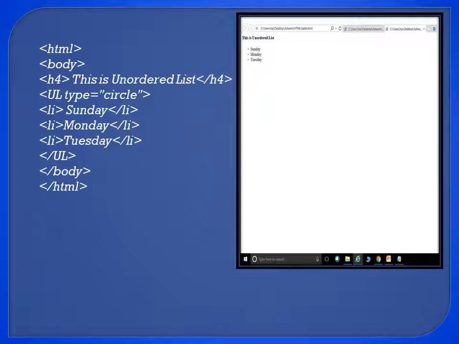For that we have to use the UL tag with the attribute type, and for inserting the list items we have to use the li. How many items we want to insert in the list, that many times we have to write the li. After inserting, we have to close UL, then close body and close HTML.